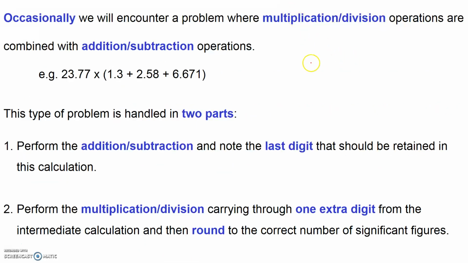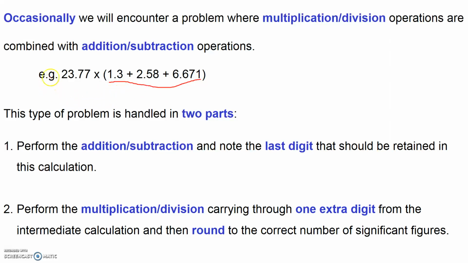Every now and then we'll get a problem where we have both addition and subtraction occurring alongside multiplication and division. When you do have a problem like this, you should do the addition and subtraction first. You should record your answer to at least one or two more digits than where you should have rounded off. And we don't round off our intermediate calculation, but we take note where we would have rounded off if that was the only